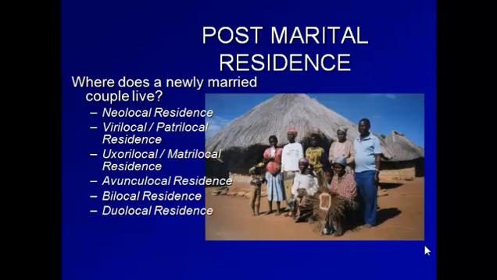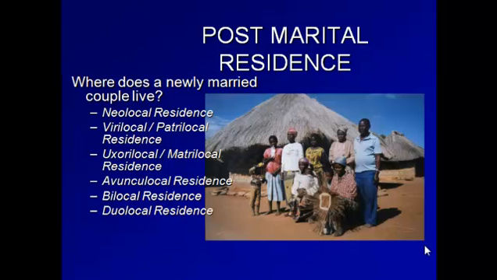And two other kinds of residence patterns are the bilocal residence or duolocal residence. Bilocal residence is the idea that after marriage, the couple can live either with the bride's family or with the groom's family, but they cannot establish an independent household. So they can choose between the bride's family or the groom's family, but they must reside with one. They can't just form an independent household. The instances of this kind of residence are widespread, but it also varies in that the bride and groom can live with the bride's family for a little while and then go back to the groom's family.